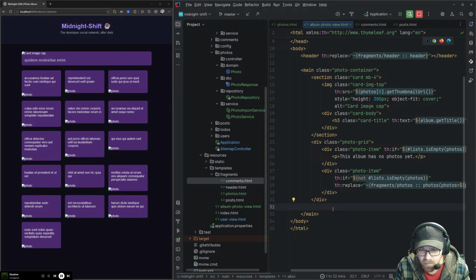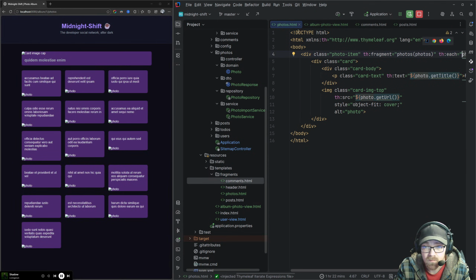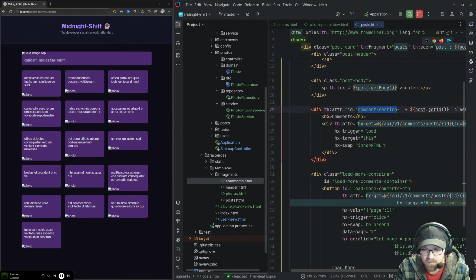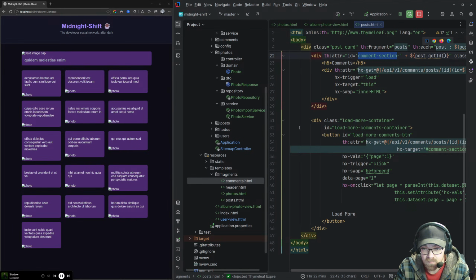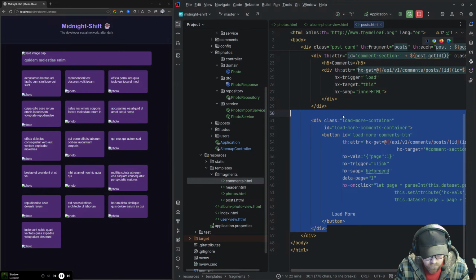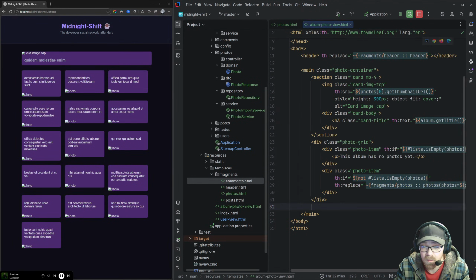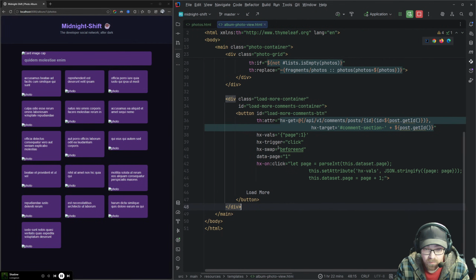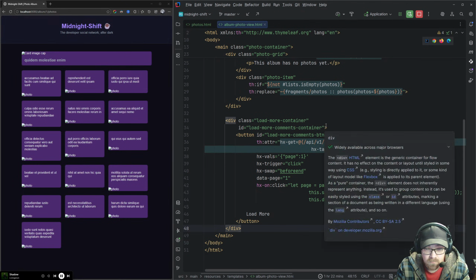okay, so here we're going to need to slap in, is it just a div and a button, or what is it? Okay, so this is this. We're going to copy this, get out of here, paste it in here, and we're going to try to do some magic.